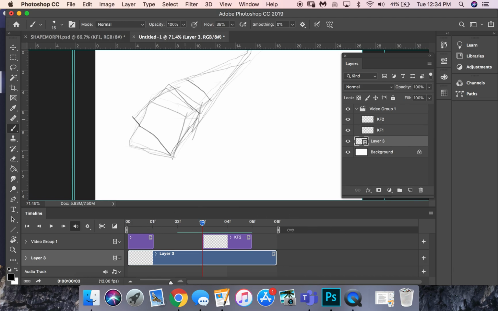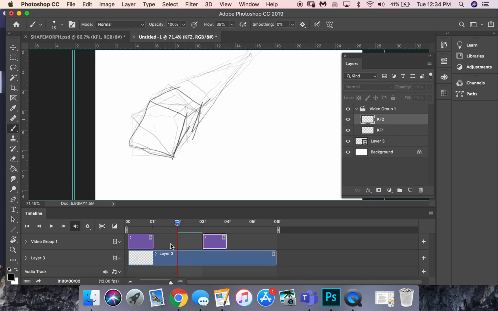So I messed that up. Should only be 1 frame because there's 12 frames in the animation. Okay. So now that I've created that first drawing, I can toggle to my next frame and then keep drawing